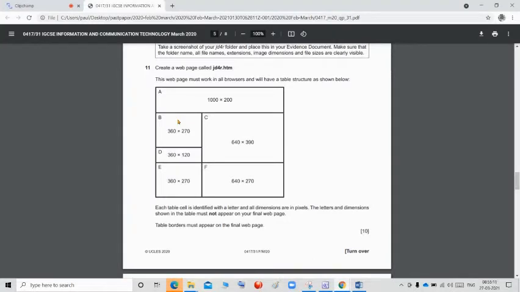Next, in all the question papers, sometimes they will give the table structure. If you create the table, we want to give the width of the table. How can we find the width of the table? See the first row, it is 1000 width. The first number will be the width and 200 will be the height. For all the tables in all the papers, we want to give the width. So in the first row A, we are having 1000, so we want to give the 1000.